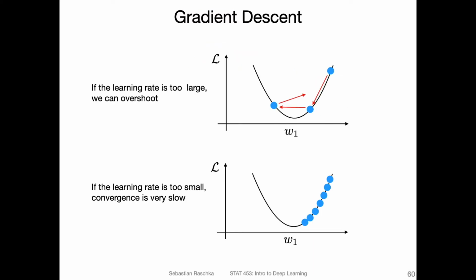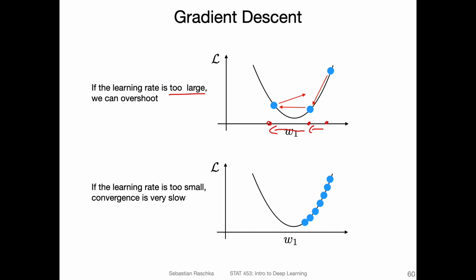So if you have a learning rate that is too large, what might happen is that you might overshoot. If you choose a learning rate that is very large, you may make an update. So let's say you make an update here. This is maybe a little bit exaggerated. So you move from this weight position to this one. And then the next update is a large update here. So in this case, the update has been too large. So you're overshooting the global minimum.